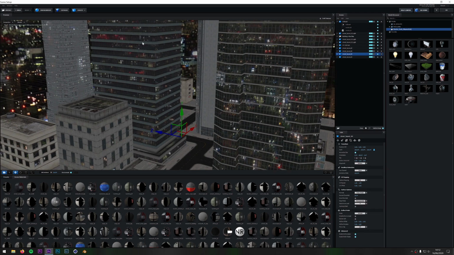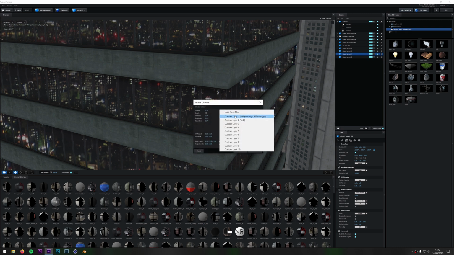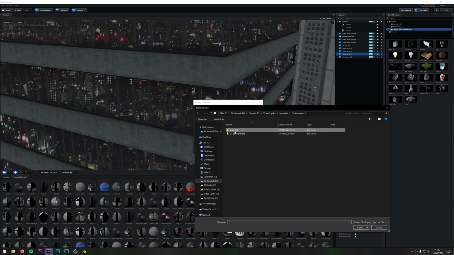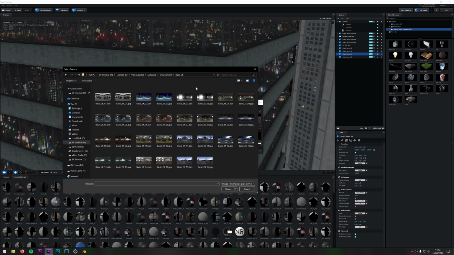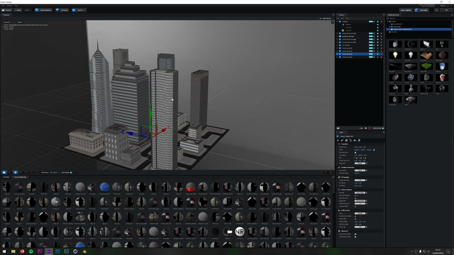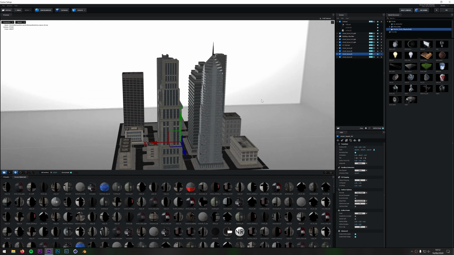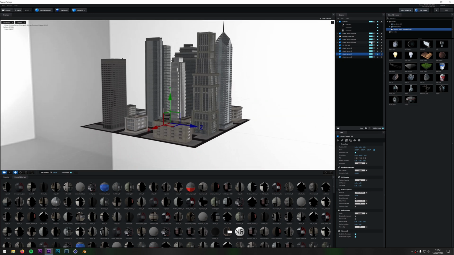Like here, for instance, you can see these buildings have glass, so these objects have reflectivity. If I change this background to something else, let's just use a basic one, for instance. These are the ones that come with your Element 3D. I think this is the standard one you get. If I change it to that, you can see now it's using the lighting from this one instead. And this is the environment that we're using. But obviously we don't want to use that because that's not going to be very realistic to this scene. So let's hop out of that.